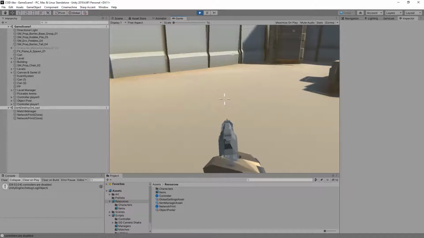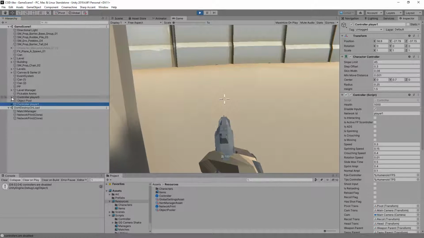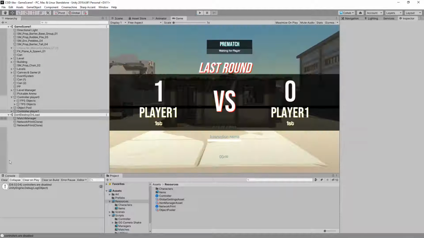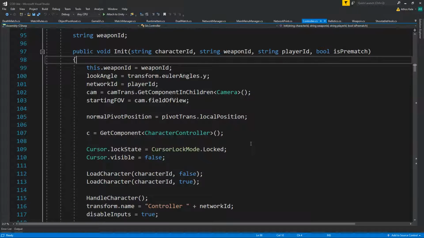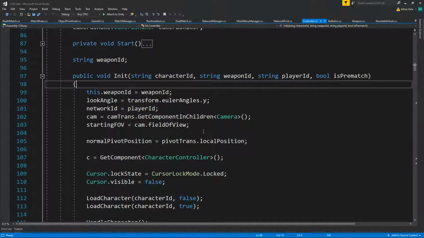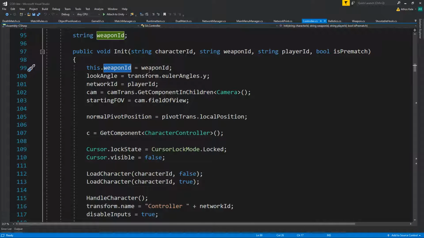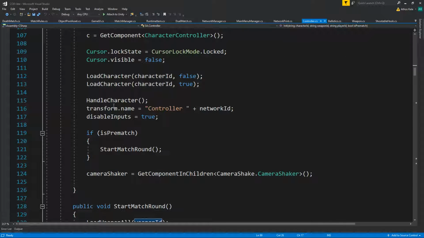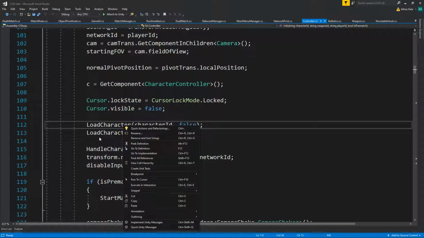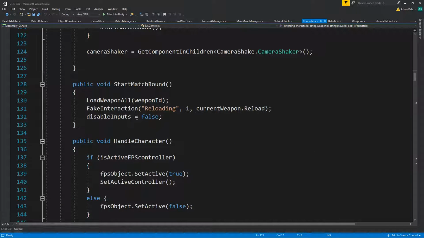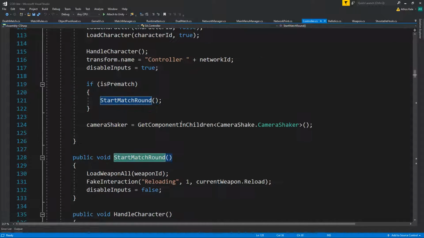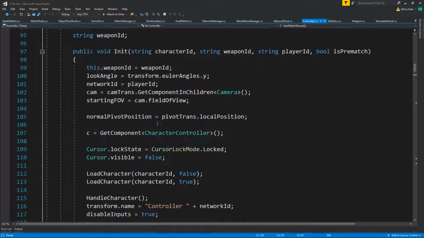And I think that has to do because we actually... yeah, I think I know what that is. It's because on our weapon ID, let's see where we're using that. Start load character. We never use the load weapon after we pass this. So